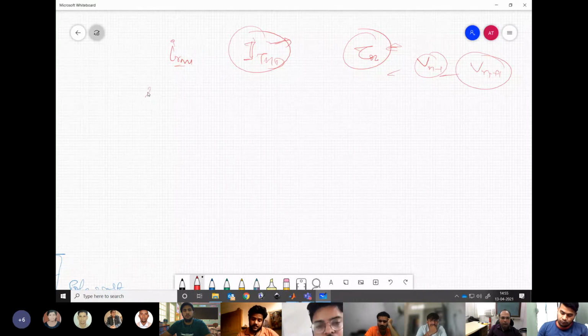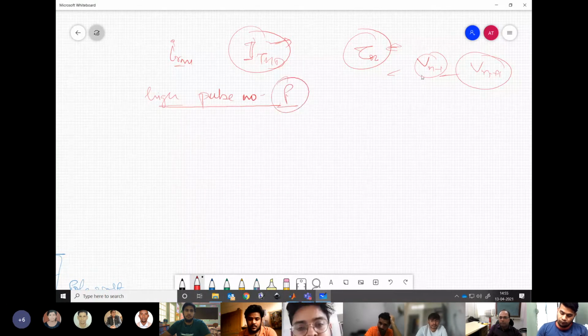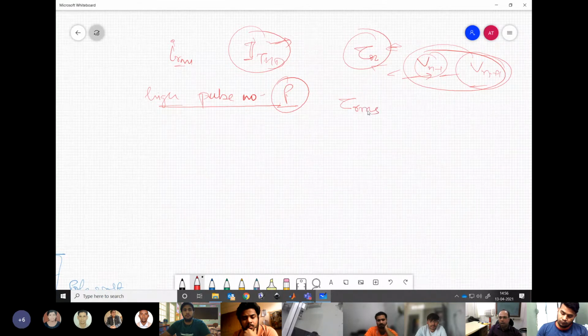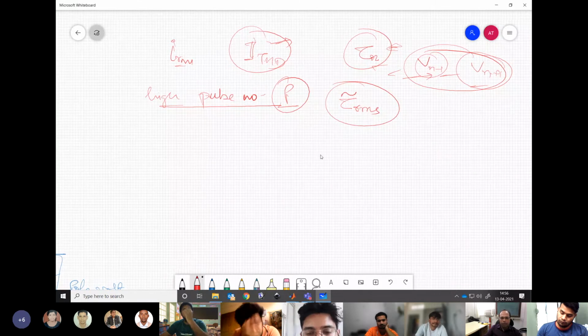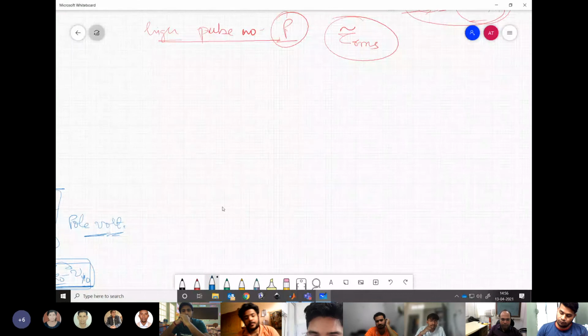Now when we go for high switching frequency or high pulse number application, this kind of approach is very lengthy because there are so many components in the torque. One particular component we cannot think about reducing. There are so many, it's a combination. So here we talk about the RMS torque ripple. And without going into derivation as of now, I will simply write the expression.